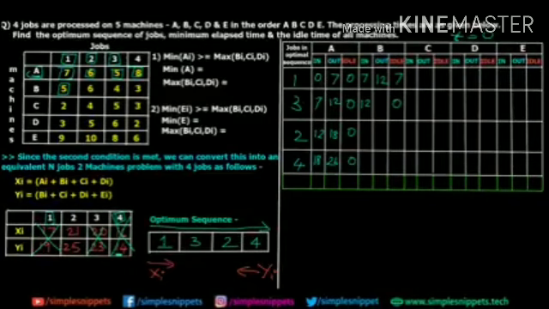Now for job 3 on B, we have to look over here. Job 3 on machine B takes 4 minutes. So 12 plus 4 is going to be 16. And after the 16th minute, machine B is finished processing job 3. So now machine B is waiting for job 2.